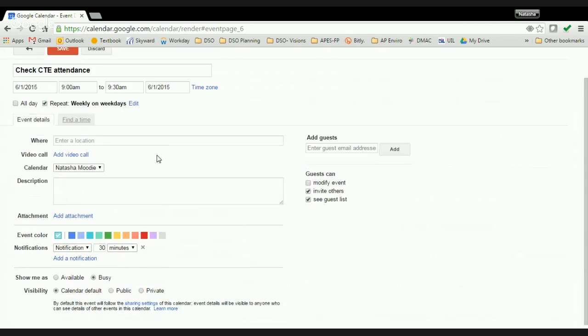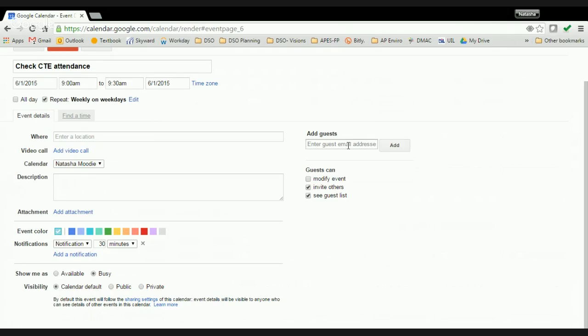So something that I like about this is that I can share with whoever I want. So let's say, for example, I want to share this with all my CTEs on their calendars, if your school streamlines their action planning to Google Calendar. My school team, last year, everyone used Google Calendar, so that was really nice. So if we have that luxury again at your school site, then you can invite the guests. So let's say I invited a CTE, I'll just put my other email address there. And I can invite all these people so that they can see that every day at 9 a.m. I'm going to check their